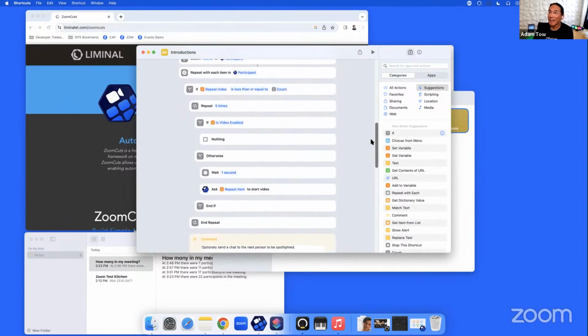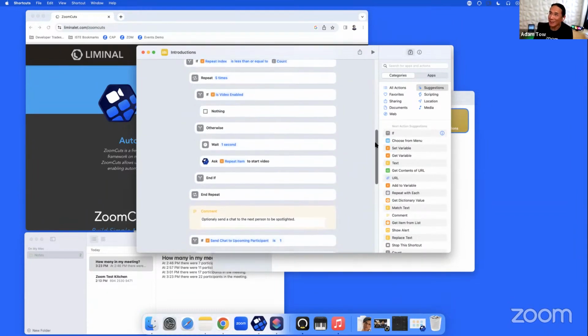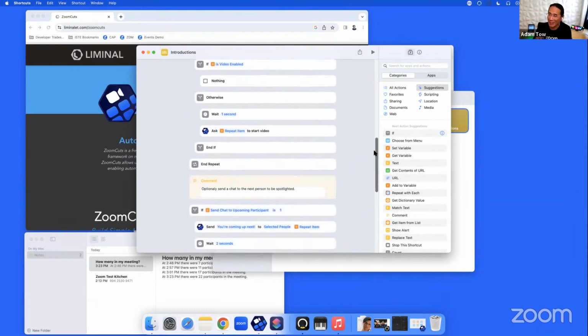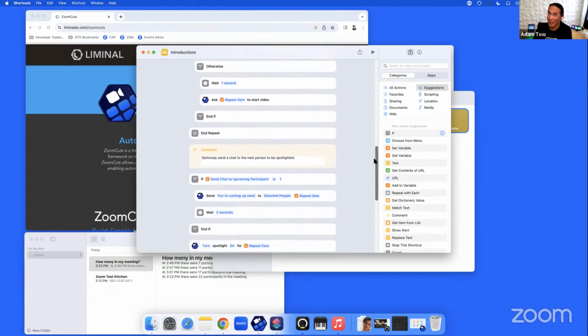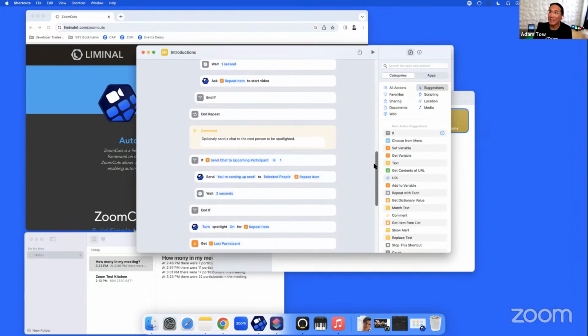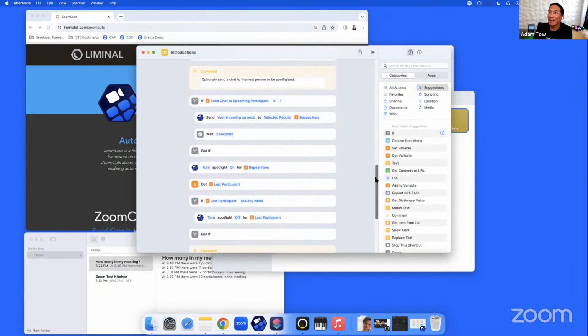And if I'm at the end of the count, like the number of participants we want to limit to, like 5, I'll exit. Otherwise, I'm going to make sure that they really have their video enabled. This is a quick loop just to make sure in case they actually turned it off. I send them a notification to say, hey, start your video. You're going to be spotlit. And then I send a chat message to that participant, say, hey, you're coming up next.